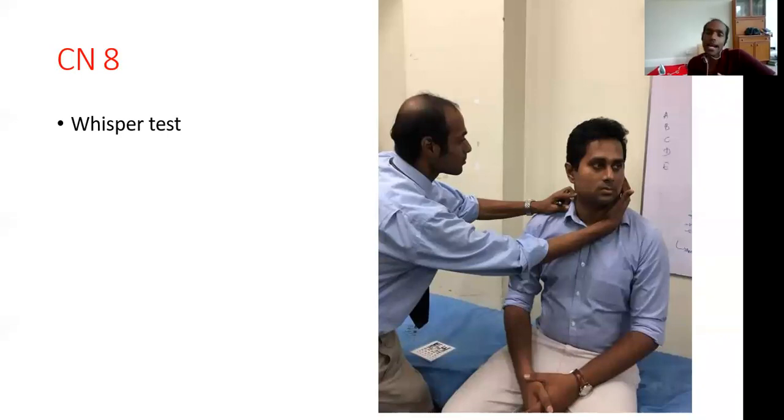The eighth cranial nerve ideally should be examined by the Rinne test and Weber test. You have been taught this in physiology, so just revise that. As a rough screening examination at a bedside, if you don't have a tuning fork to do the Rinne and the Weber, you can use this whisper test, where you whisper something into the ear and ask the patient to